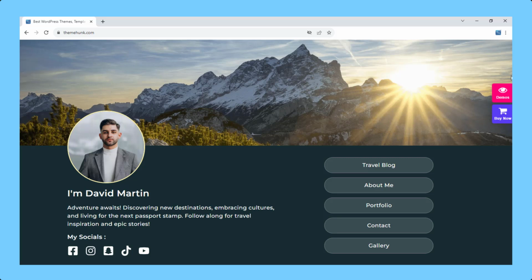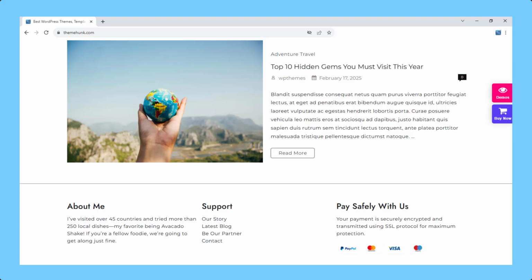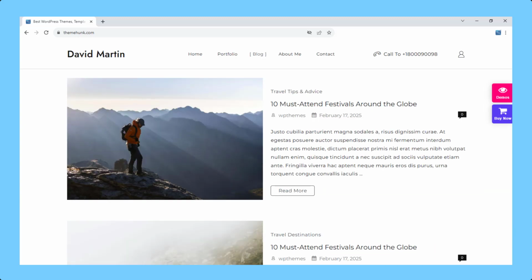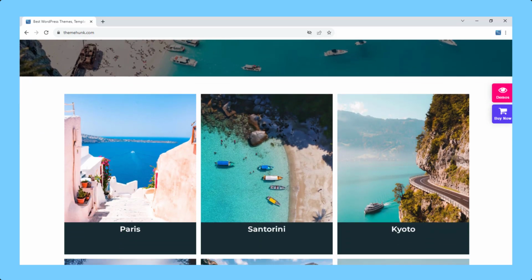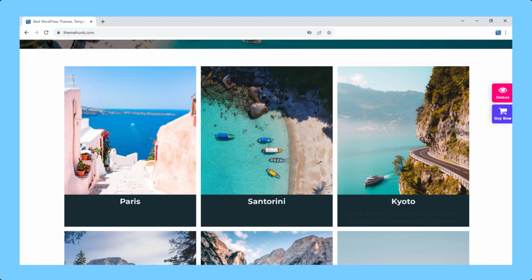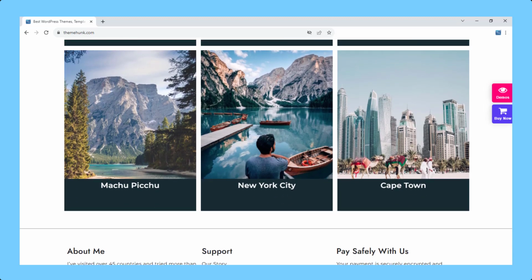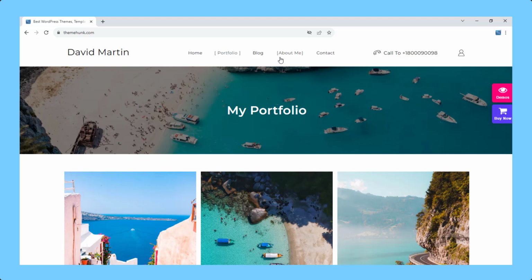The social media links allow users to follow your travel adventures on Instagram, Facebook, Twitter, and more. The blog page allows posts to be organized by categories such as destinations, travel tips, culture, etc., making it easy for visitors to navigate. The portfolio section is a visually appealing gallery where you can list all the places you have visited with corresponding images and descriptions. Each can be paired with personal experiences, travel tips, or lessons learned, providing readers with valuable insights.